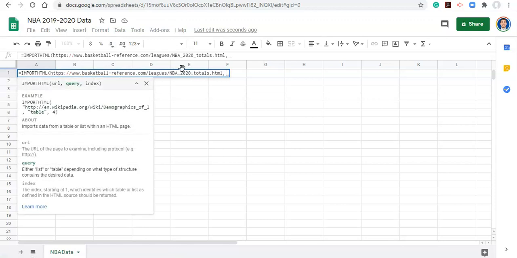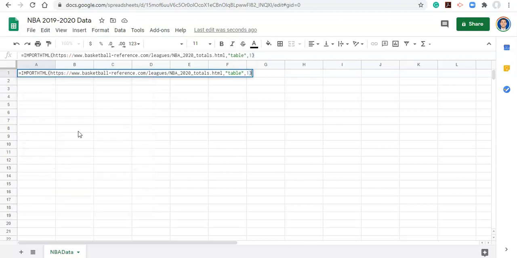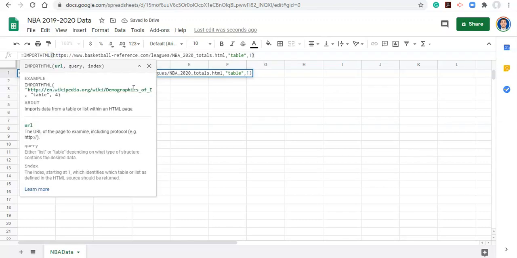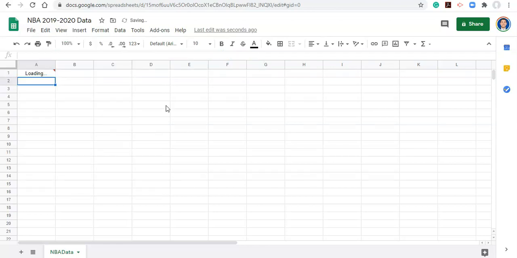I'm going to do comma. Notice in the example here it says either list or a table. We're looking for a table, comma, and we'll look for the first table and see if that's it. Close the parenthesis. Now this website is going to have to be in parentheses, and if I click enter, we're going to get an error. So we have to add quotation marks before the HTTPS and after the end of the URL, and I will click enter. And now it's loading,